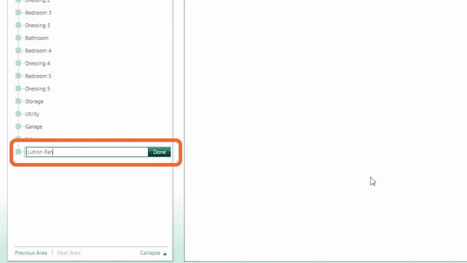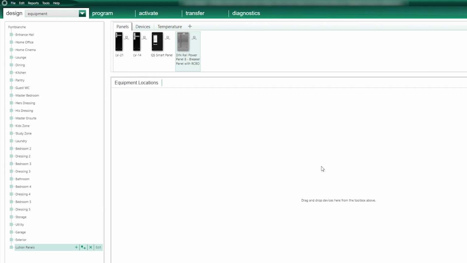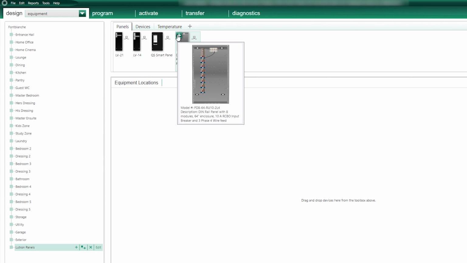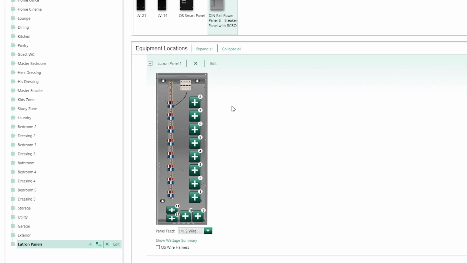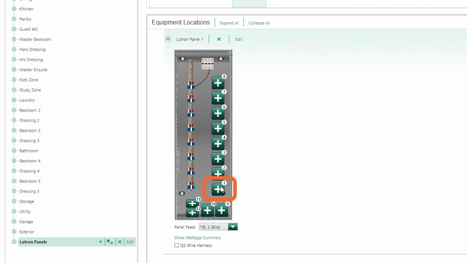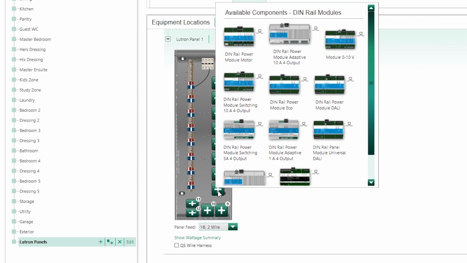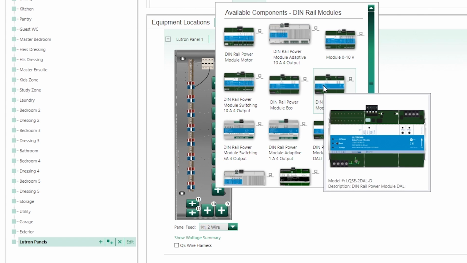At the beginning of my design process, I always like to start by adding a new room here, called Lutron panels. In there, I'll add the 8-module Lutron enclosure with RCBOs, which I will call Lutron Panel 1. Next, I'll click on the plus sign here with the label 1, and in the list of available Lutron general modules, I'll select the Lutron DALI module here with the reference